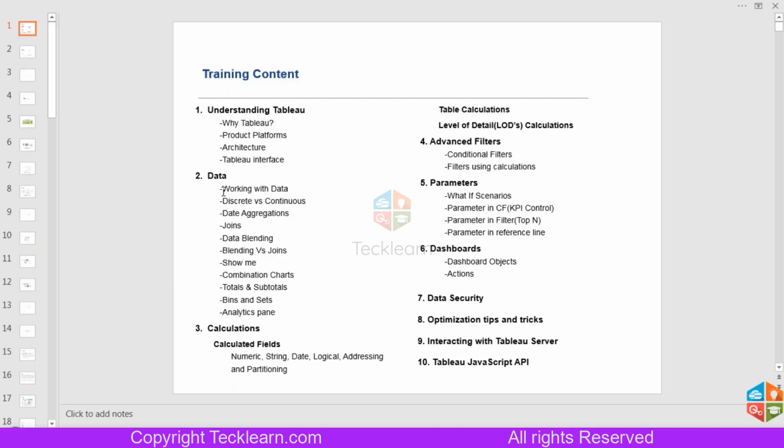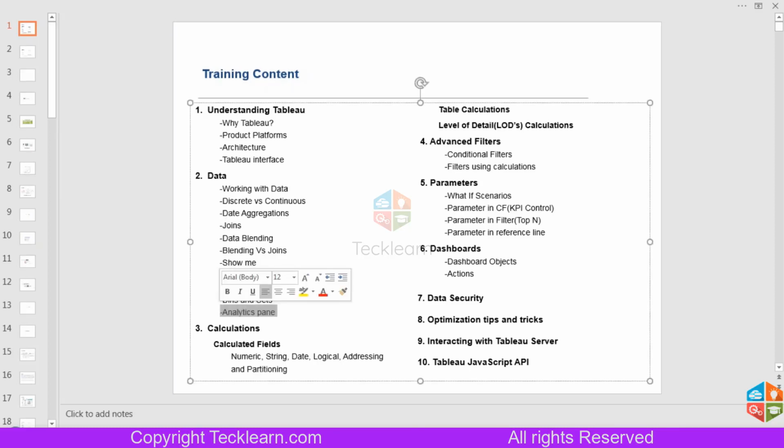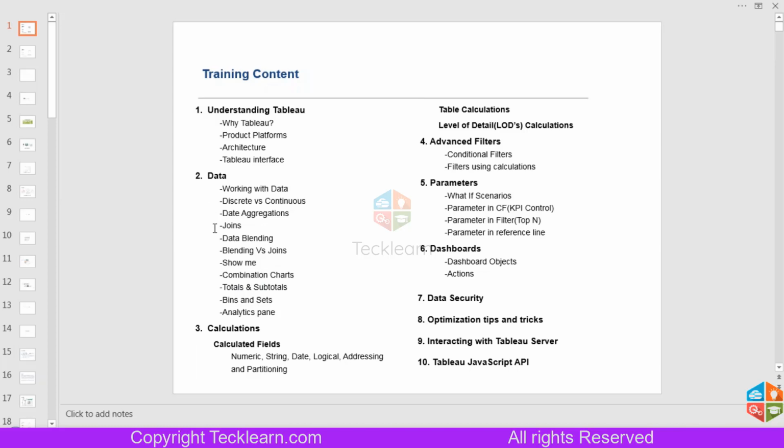So basically this is data analysis plus visual analytics, and what we are going to see is the advanced analytics. That is what we have inside the second section. Once we have an understanding of the basics of Tableau and data, we are going to move to the calculations. Those are advanced calculations we can build inside the calculation section.